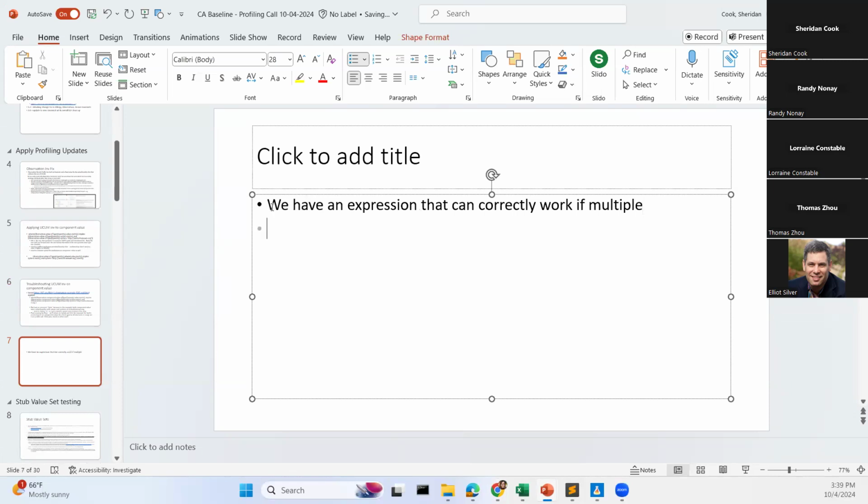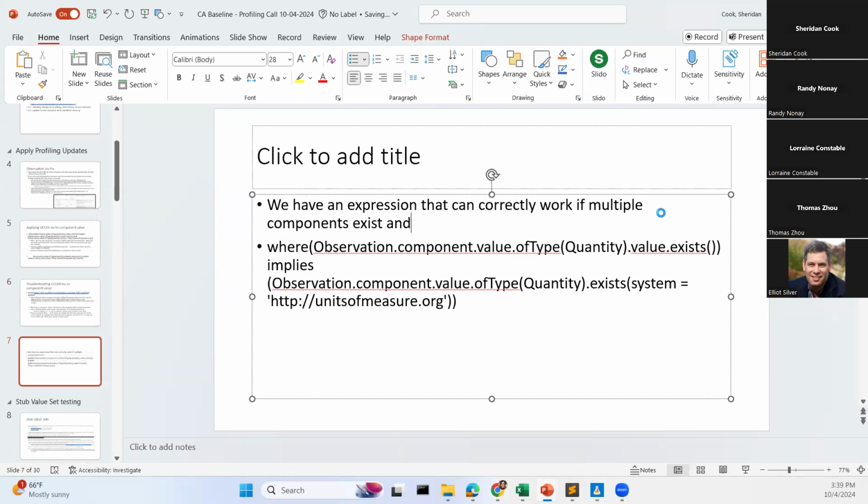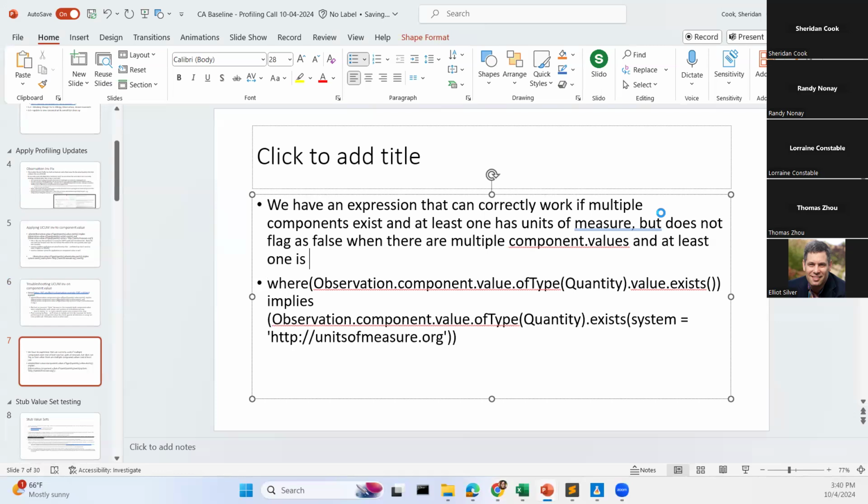So let me just put this expression in. So it's if multiple components exist and at least one but does not flag as false when... so there's got to be a way of making this more efficient, but when there are multiple component values and at least one is